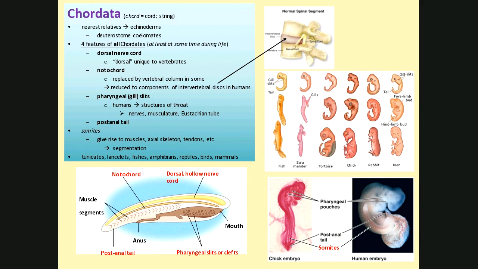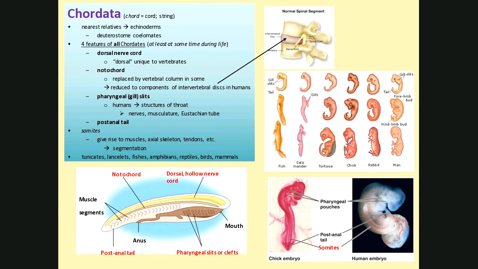notochord. If you look down here on the left, this critter that we'll look at in a little bit more detail later on is a very primitive chordate. There's the notochord. The notochord is a stiffening rod. It's not made of bone. It's not the nervous part. There's also a dorsal hollow nerve cord in yellow, but the notochord is the backbone of that. So this is what I mean about an organism that doesn't have a backbone, but is still a chordate, because our backbone developed from our notochord. But in some critters that are alive today, they still retain the notochord.